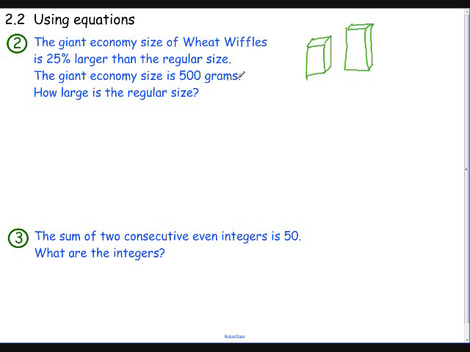The giant economy is 500 grams. How large is the regular size? So if we say this one is x, we can say that the giant size is